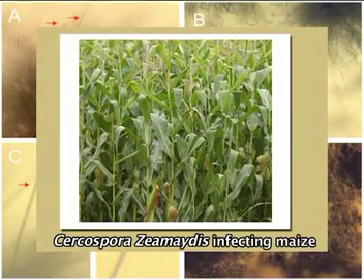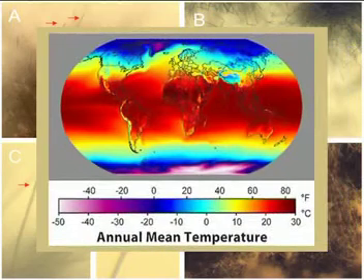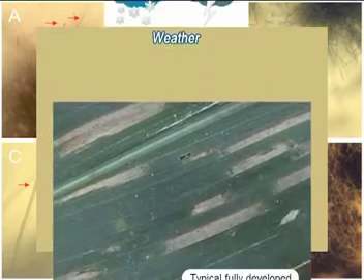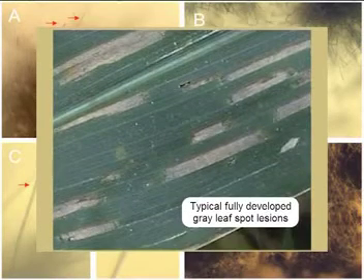Gray leaf spot disease of corn is caused by the fungus Cercospora zeae-maydis. This disease occurs throughout the maize growing regions of the world where the growing season is characterized by high humidity and temperature between 22 and 30 degrees. Overcast, cloudy days favor this disease. Now, symptoms of this disease.